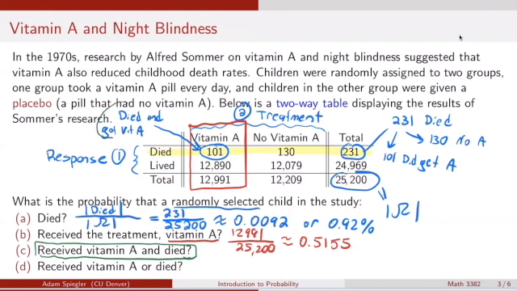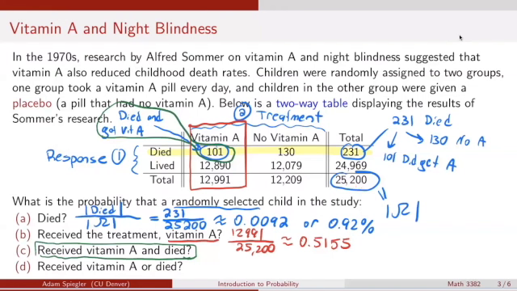And recall that was this entry in the two-way table right here. So these 101 children represent children that both got the treatment of vitamin A and died. And that means if we're still picking out of all of the possible children in the study, our sample space is still